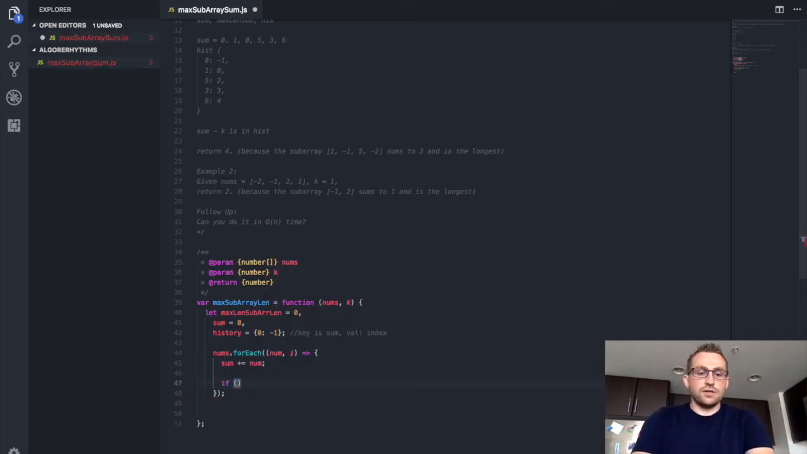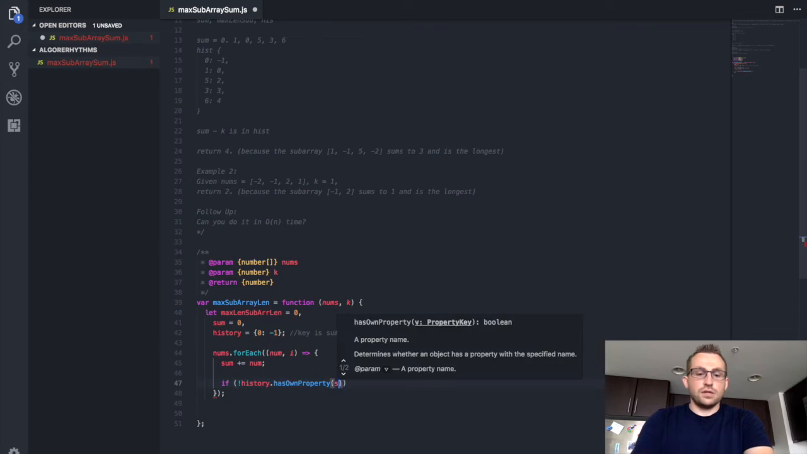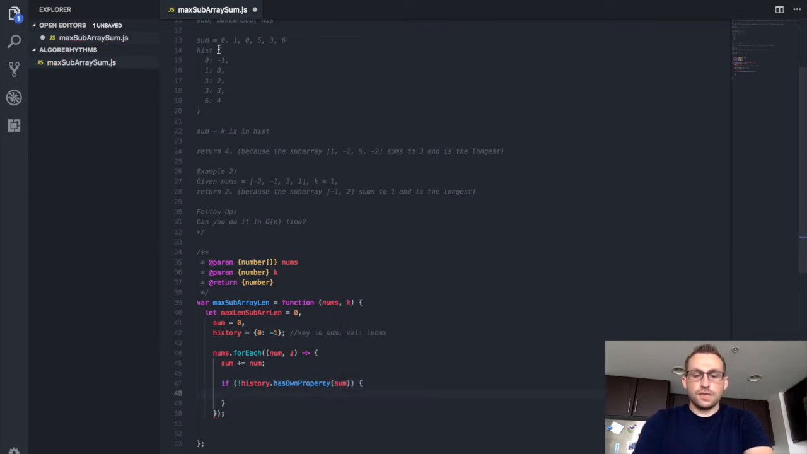Once I've added it to the sum, we're going to check history. We're going to say if not history.hasOwnProperty(sum). So basically, if that sum doesn't yet exist inside of the history object, then we're going to say history at sum is equal to i. Okay? Then we'll do another thing here. We'll say if